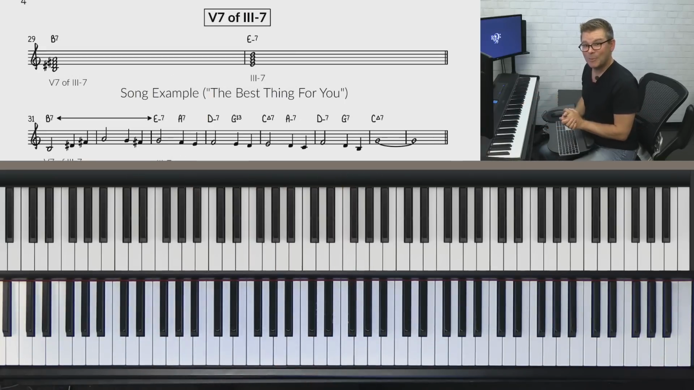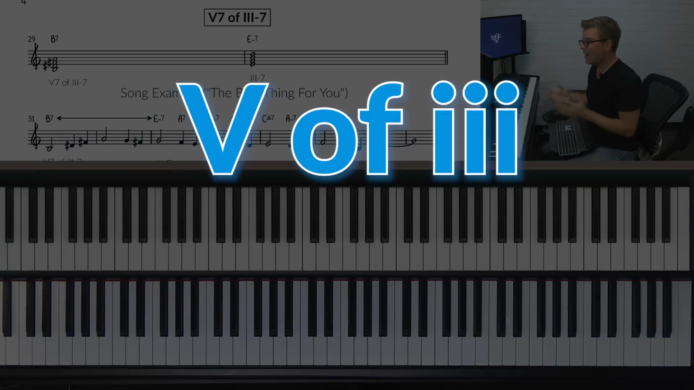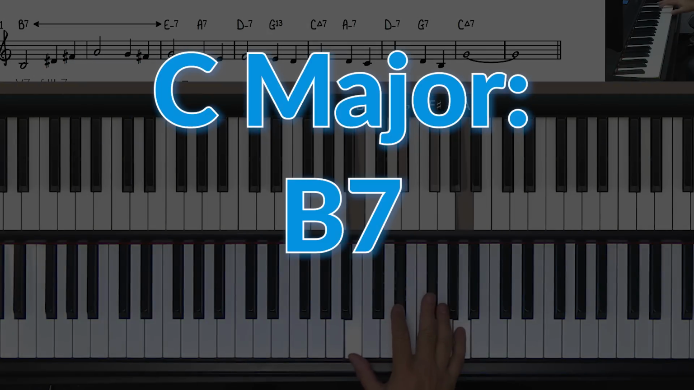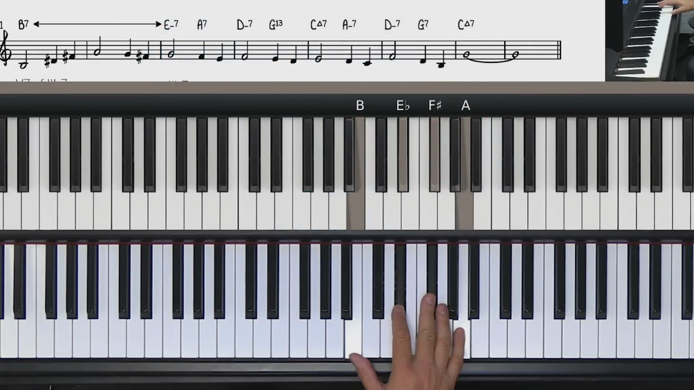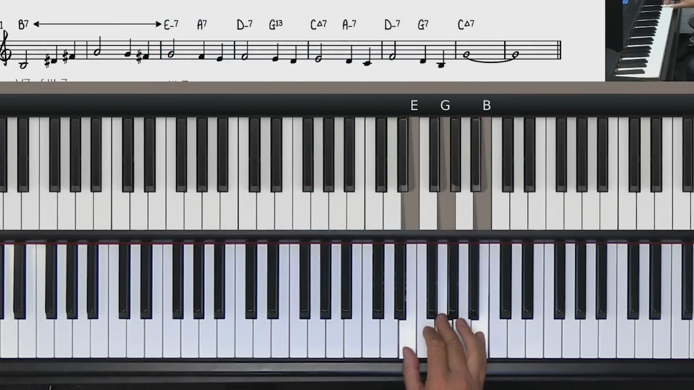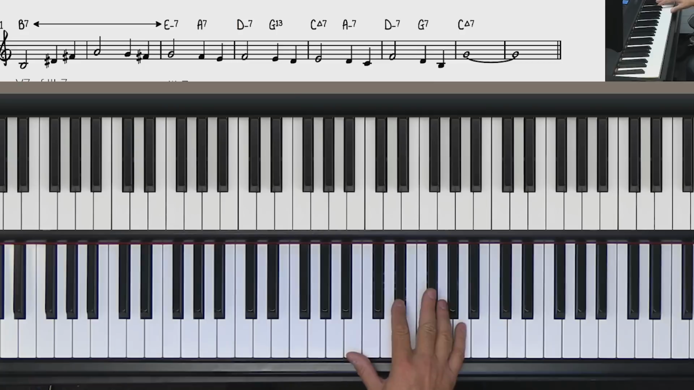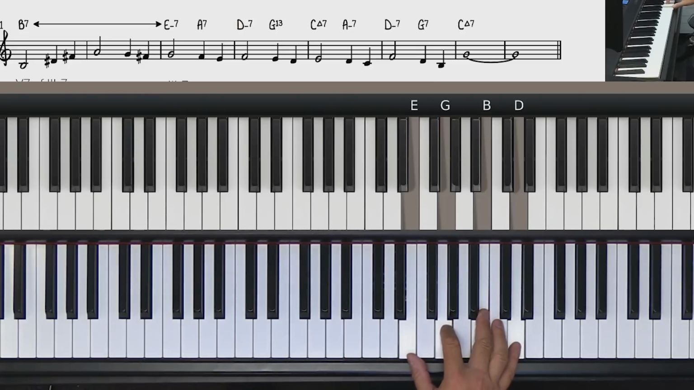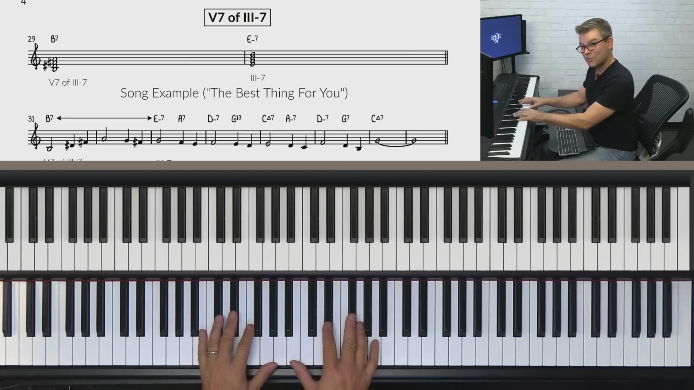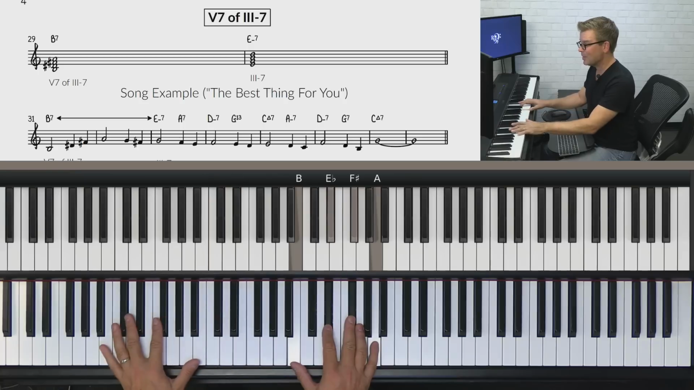Our last secondary dominant example is the 5 of 3. Now again, if I'm in the key of C major and I see a B7, well, B7 is usually 5 in the key of E major or E minor. In this case, an E minor. So we would call that a 5 of 3 minor. Now there's some great examples of that. One of my favorites is a song called The Best Thing for You, and it actually starts right away on the secondary dominant. So we have